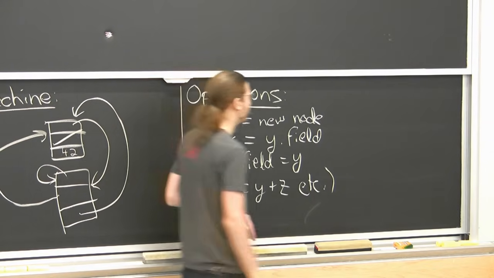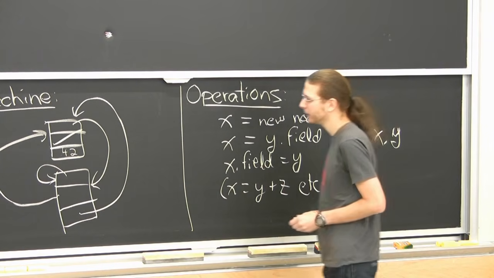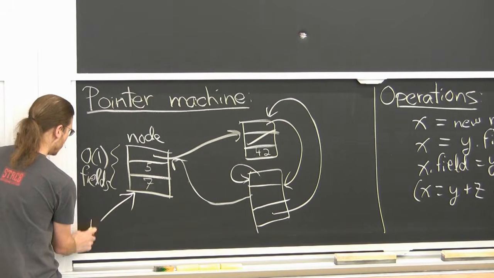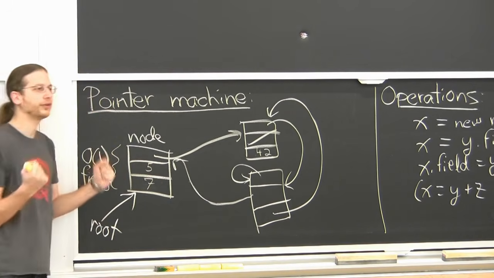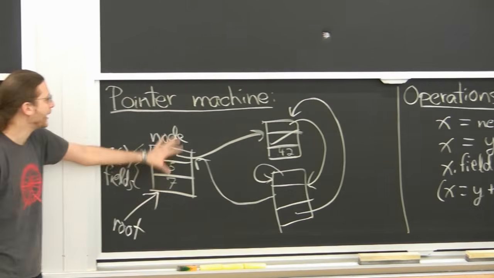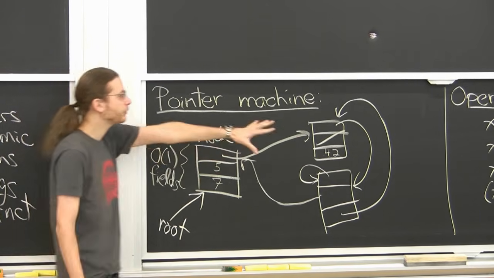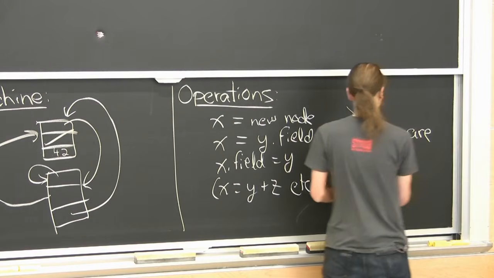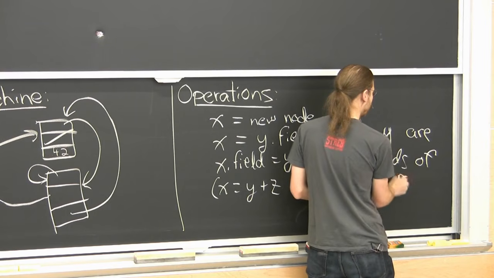And then the one catch here is what are x and y? There's going to be one node in this data structure or in your memory called the root node. And you can think of that as the thing you always have in your head. This is like your cache, if you will. It's just got a constant number of things, just like any other node. And x and y are fields of the root. So that sort of ties things down.